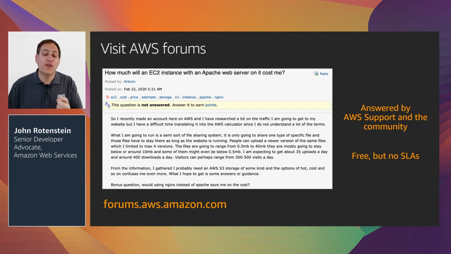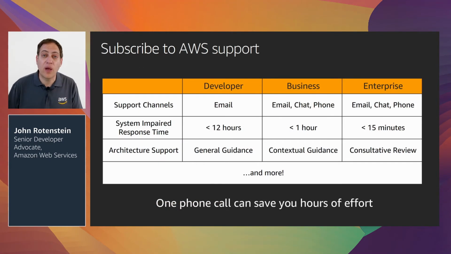If you are looking for some guaranteed response, I would recommend subscribing to AWS Support. It's available in multiple levels. The developer level is a low-priced fixed price, and you can get help by email, or you can subscribe to business level support, where you can also do phone and chat, right up through to enterprise support, which is great for business critical systems. And support is not just for helping you with a particular problem.